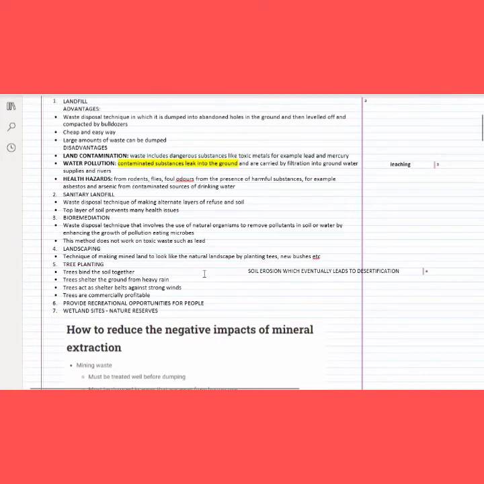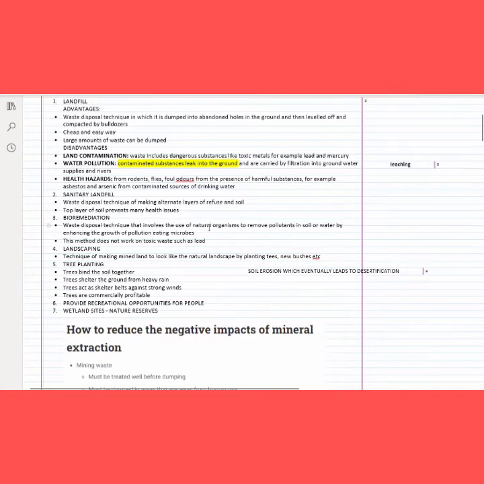Basically, we are placing alternate layers of refuse and soil. So you have the waste, and then a layer of soil, then waste, then soil, right? And the top layer of soil is going to prevent many health issues, right? And then we move on to bioremediation, which is a little bit like